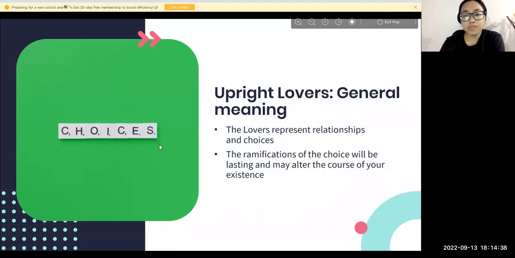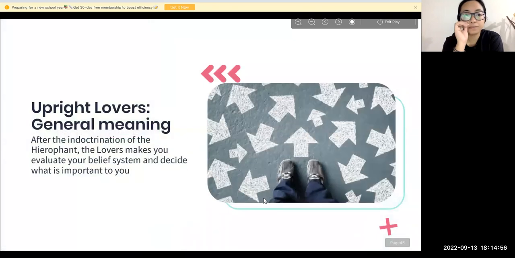And this choice can be a choice where you are thinking about settling down, you're thinking about choosing a partner, and you have too many things, too many people in front of you. And the Lovers card is saying you have the right to choose whatever choice you are making. Upright Lovers, when it comes in a general reading, you can also say